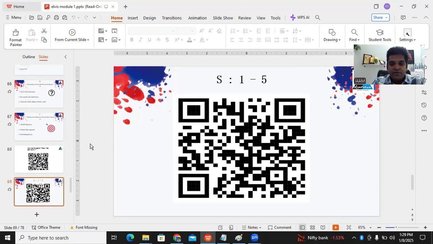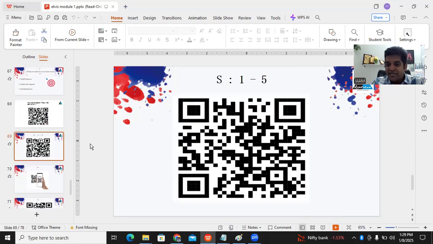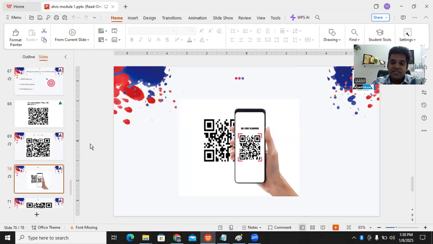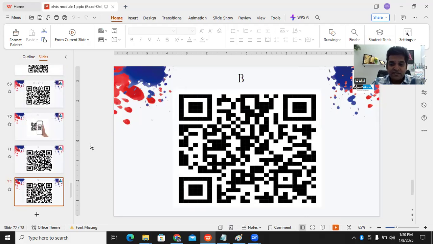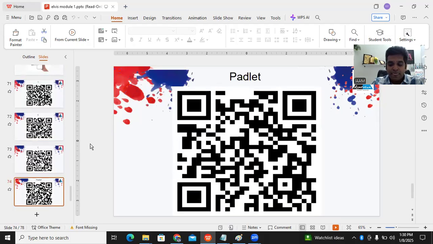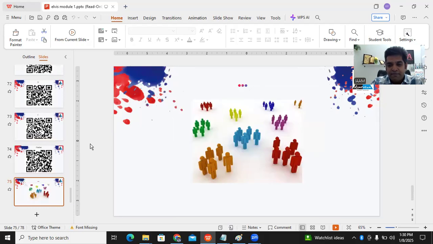And then again, how was the session today? Okay. So yeah, guys, I do a learning check. If you see this QR code, just make a Google form, convert it into a QR code, put it there. So a learning check from session 1 to 5. These are all surprise learning checks that I do. Padlet is one where they can share their ideas, whatever suggestions you want. This is just for a change, where they can put in their suggestions and it is seen on the screen.